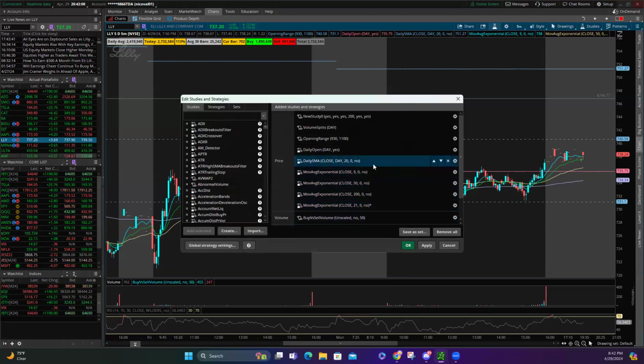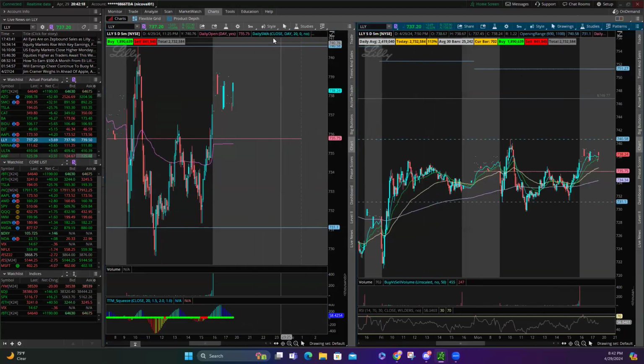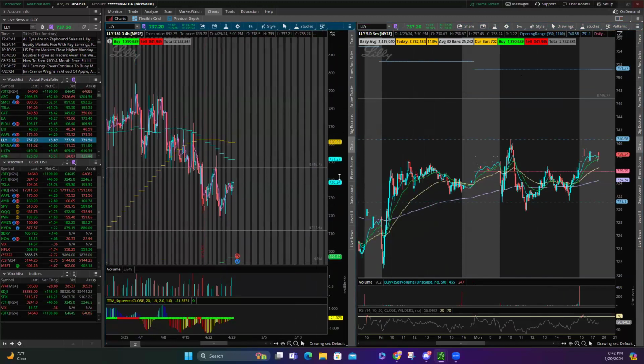And this is a daily SMA, which is different. Daily SMA, which is important. Remember, I use daily SMAs for the longer time frames. So if I'm here on my chart, I'll go to the 4 hours, and these are my daily SMAs, the 20 and the 50. I always look for them on the bigger time frame, and then I have my mix of smaller ones on my smaller time frame.